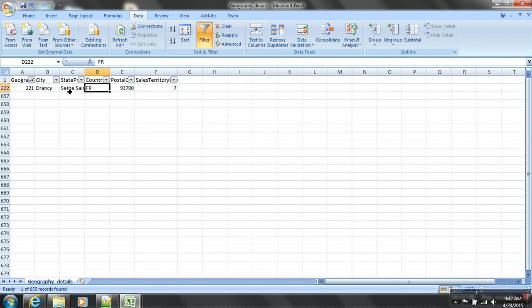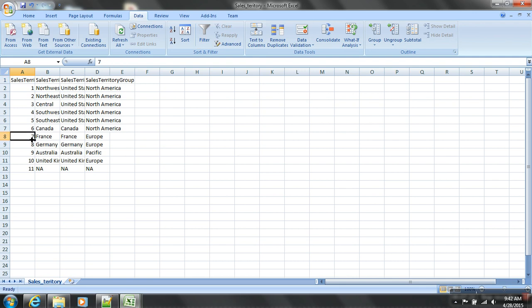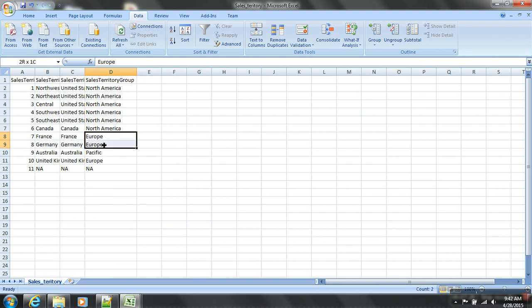Okay, and then it gives the country, but I don't know to which region this belongs. I want to know more details. I know country, state, all this. Is it Europe or what? Okay, again I got a sales territory key. There is another file with all the sales territory. If I go into this file, France, and which territory group is it? Europe. So all this belongs to Europe. This is Asia Pacific or North America. I can know the regions from this. So from the transaction I know customer, from customer I know the geography, from geography I know the country detail, from there I can get to the region, whether North America, Asia Pacific or Europe. Okay.